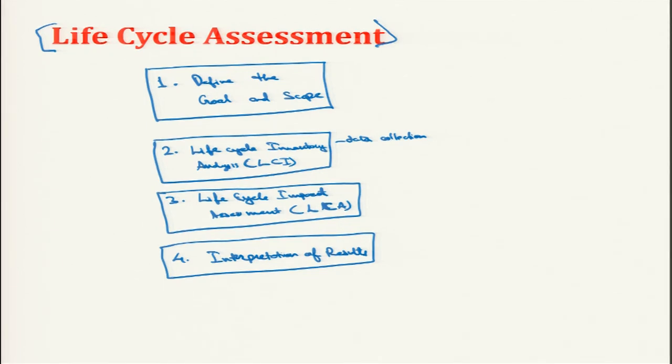For goal and scope, the life cycle assessment models a product, service or system life cycle. So, we are actually trying to build a model of what will happen in reality. This model is a simplification of reality, and as with all models that try to simplify, and that happens in simulation as well, they are distorted in some way. The challenge for a good life cycle assessment practitioner is to develop the model in such a way that the simplifications and distortions do not influence the result too much.